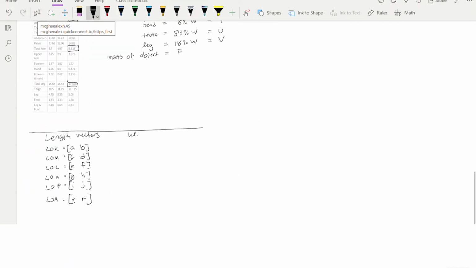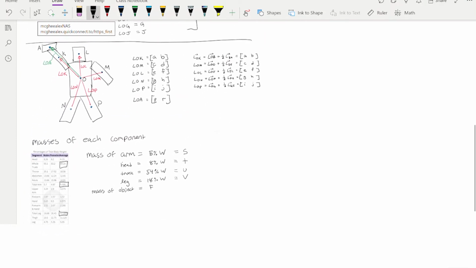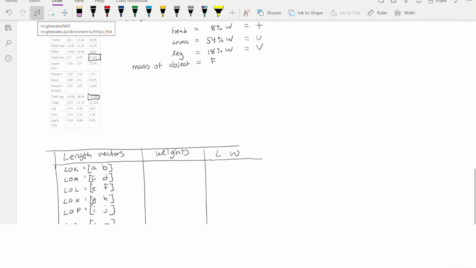We make a table here for our length vectors and our weights. And then we say lengths times weights, right? Let's do that. So LOK, what do we got for LOK? LOK goes from the origin to the center of mass of the arm. So LOK needs to be multiplied by the mass of the arm, S, to give our vector